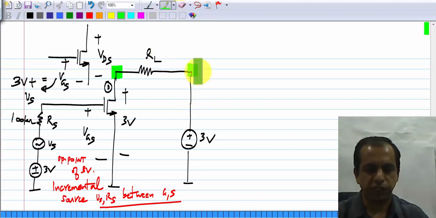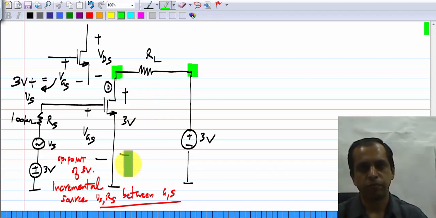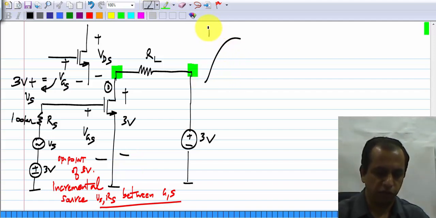So, again I hope it is clear what happens. In the incremental picture, this 3 volts becomes ground and this RL appears between drain and ground. So, this is topologically correct. Okay. That is, if you look at the incremental picture, we will have,